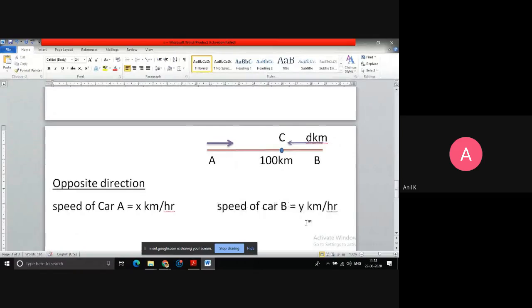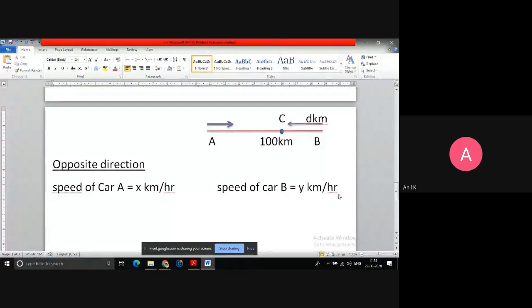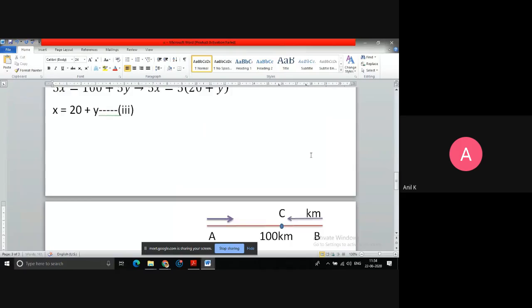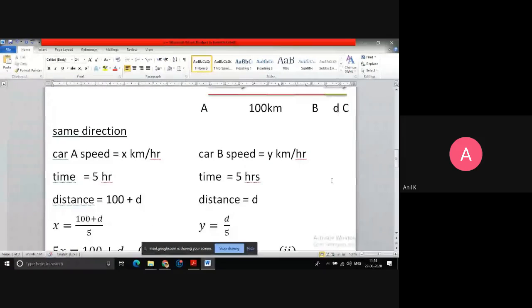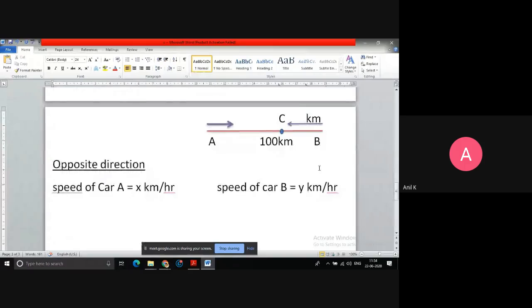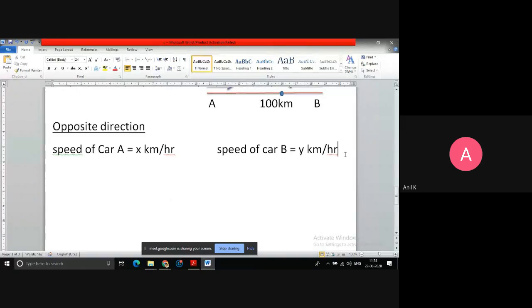Yeah, the speed of car A and the speed of car B will remain the same. You may ask why it is D only instead of D kilometers, because here we have already taken D kilometers. It's not that it will move the same. You may put some P kilometers, no problem. If I put the D, you get the same distance. Otherwise, now what is the time taken by both the cars?